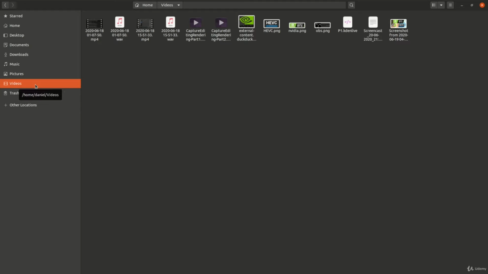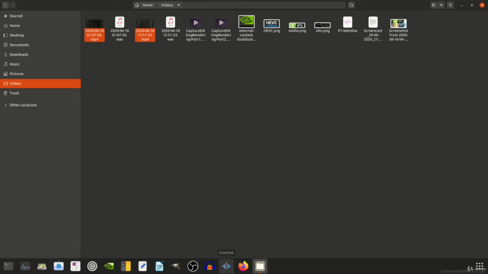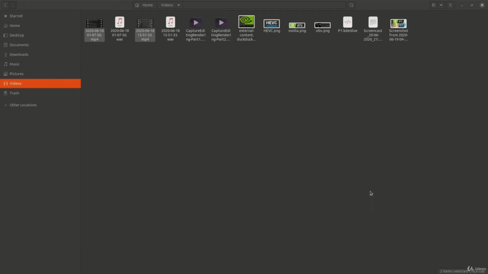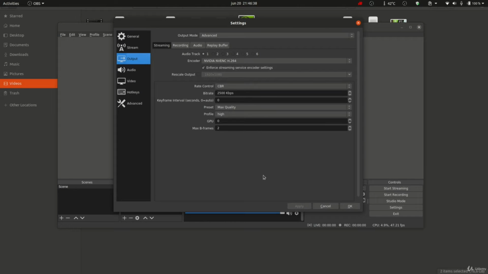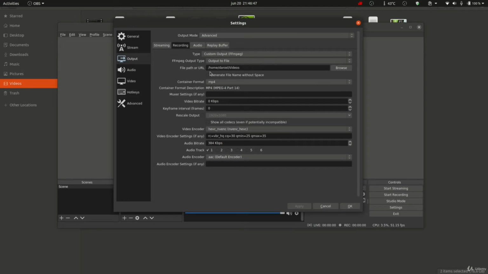So if you go to the output folder here, in my case I've set to my home videos. So these are the two videos from our previous recordings. And as you remember, let me go to OBS actual settings. If you remember the settings that we've used for capturing those two videos, we've used the MP4 container format, and